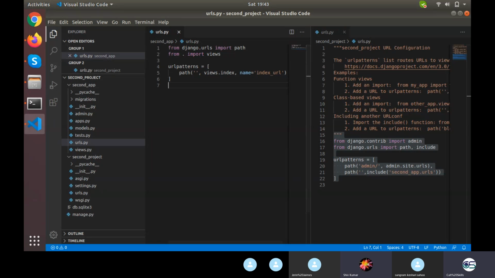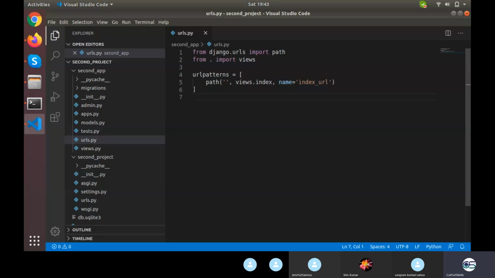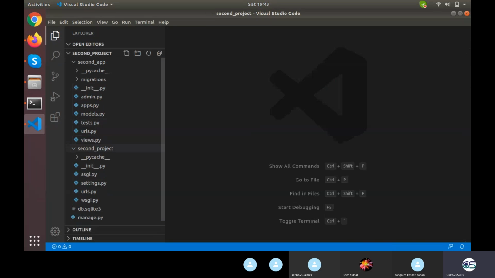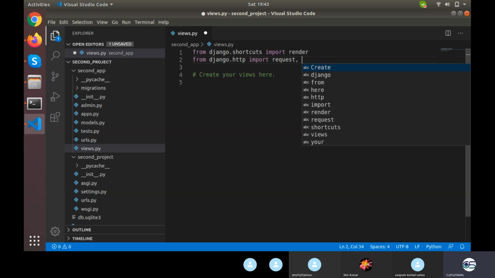Okay, sure. So our next task is, see, we are calling this views.index function. So our next task is to define this views.index function. Open your views file, right here def index. Okay, so even before that, let's remove that. Firstly, you need to import something like from django.http import request, comma, HttpResponse.